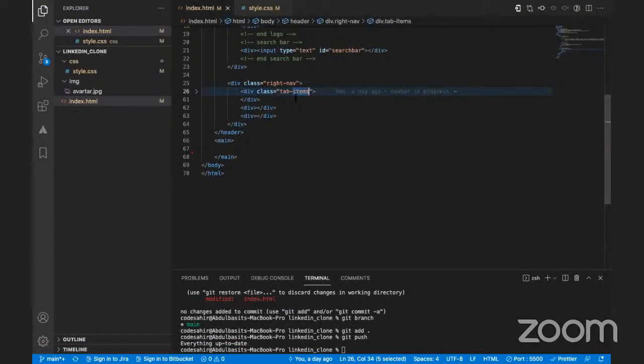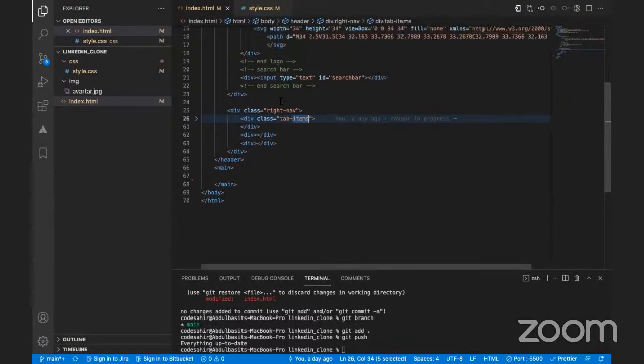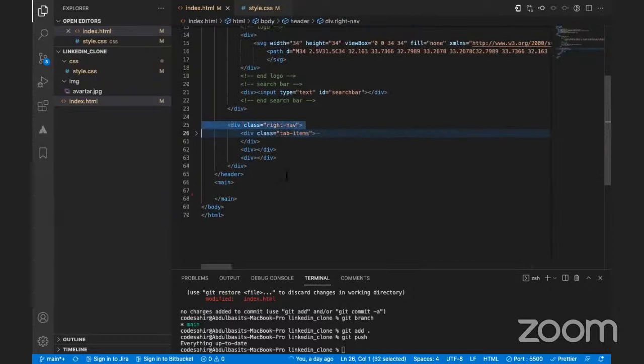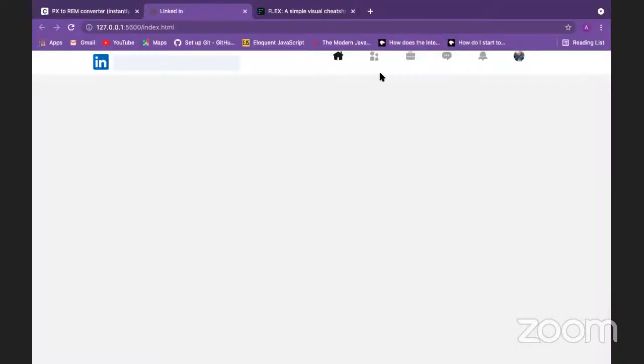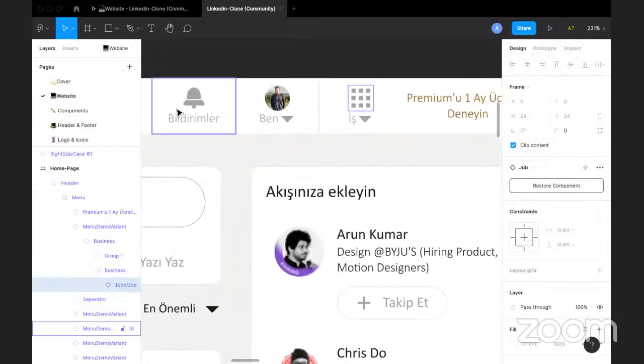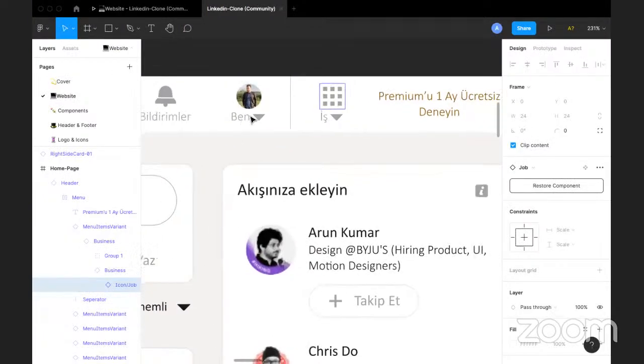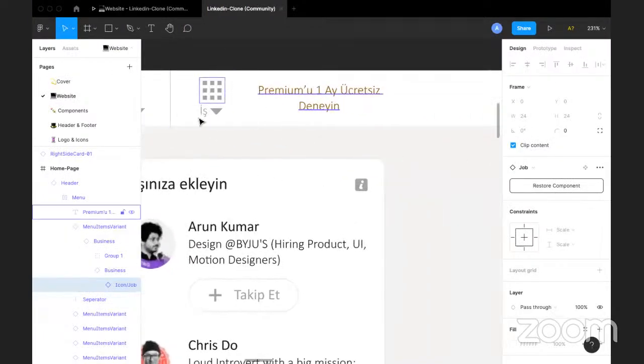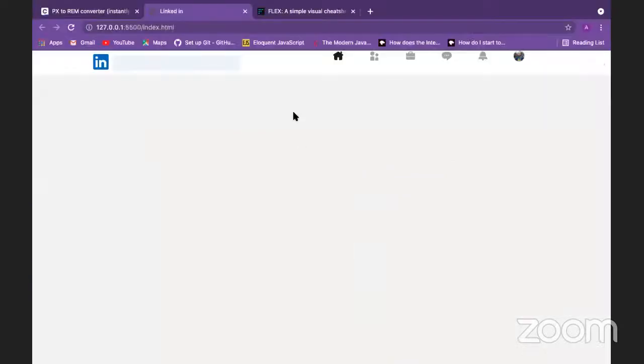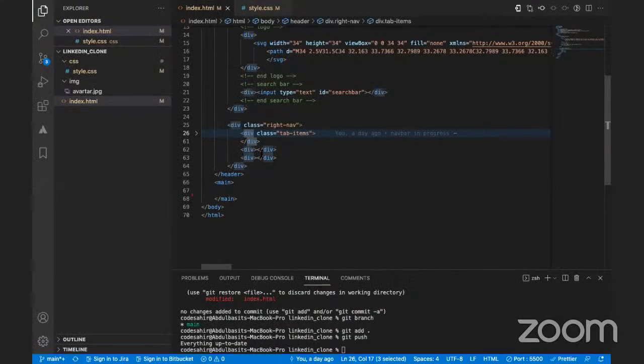So the tab, okay, this is the right nav itself. It has a tab item, and this tab item has only these items. That's this ban, this notification bell. Then if you notice, there is this extra. So I don't know what we should call this div. We should give it a class called